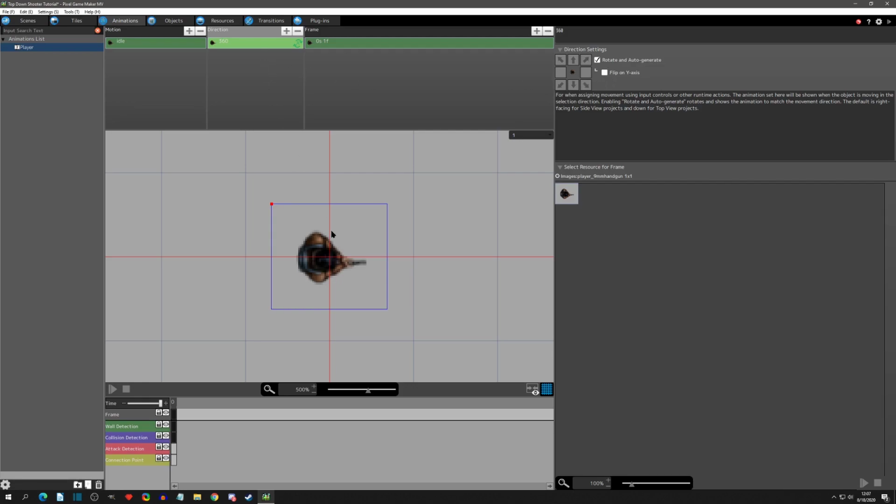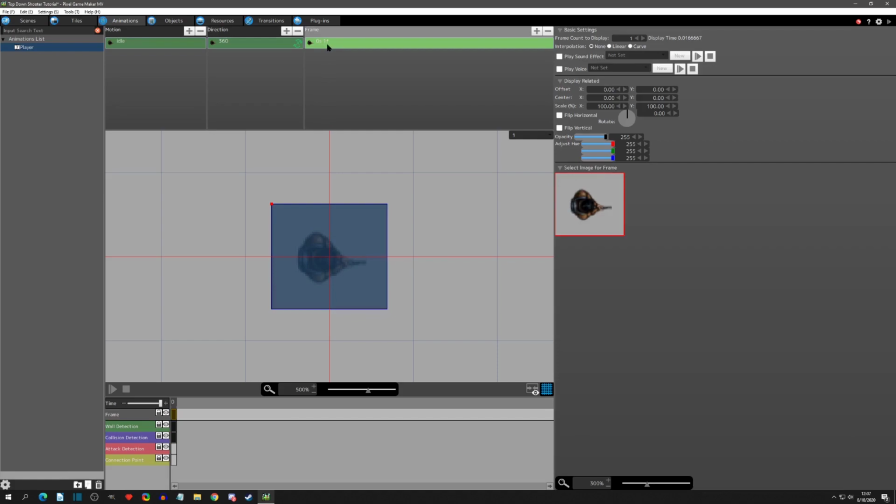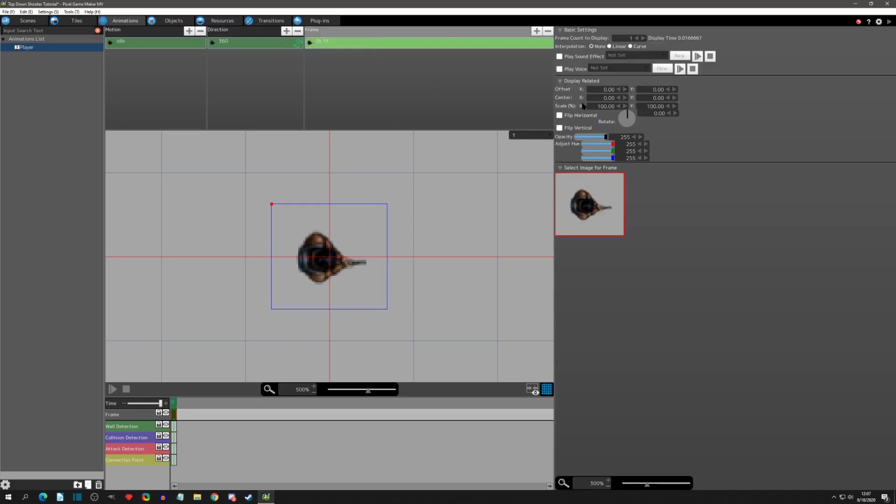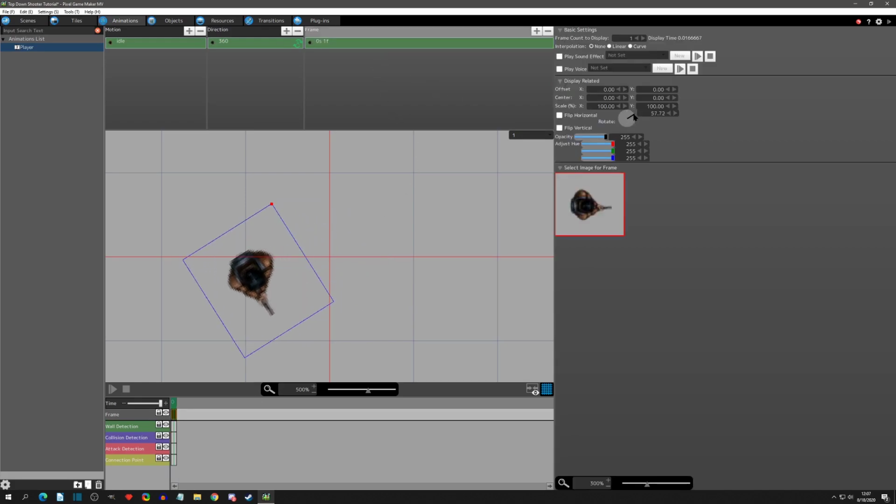With that selected, the one thing that we need to worry about is that it's facing right. And for auto rotate to work by default, we need it to face down. So we're going to go to the frame here. I'm going to delete all of these. I'm not going to bother with restrictions, so if you needed detection on your game, you would add that specifically. So we're going to come down here, we're going to rotate this frame, but before we rotate, you see how it's rotating based off the center here. So I'm going to zero this back out,